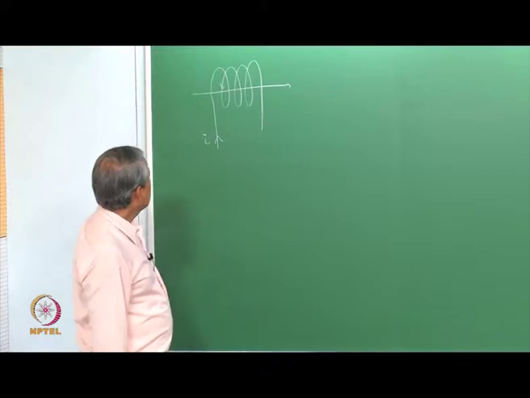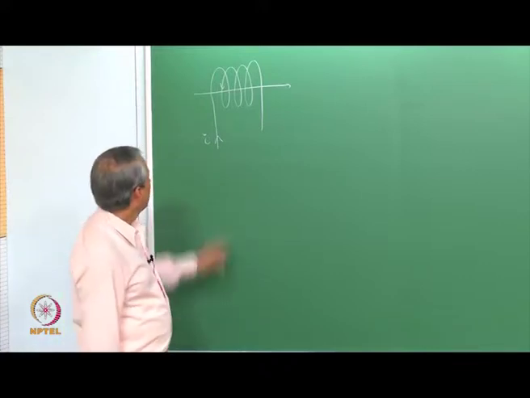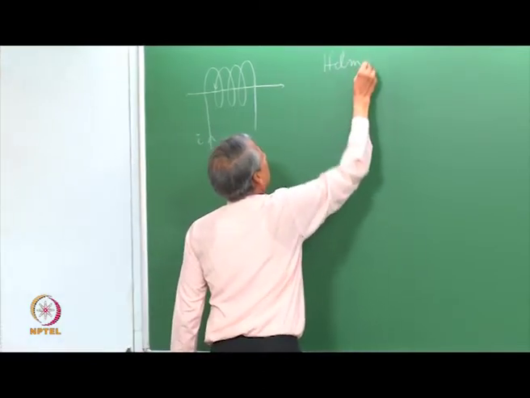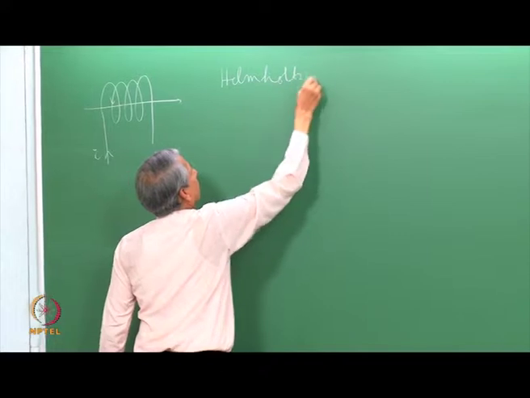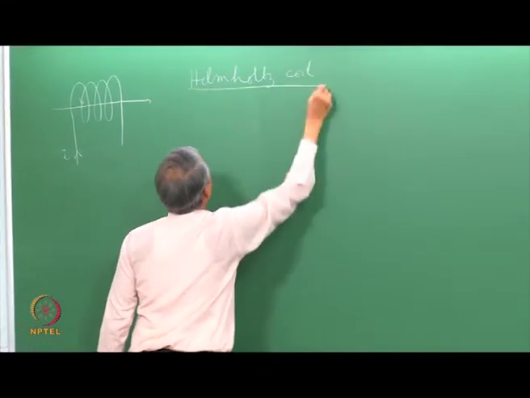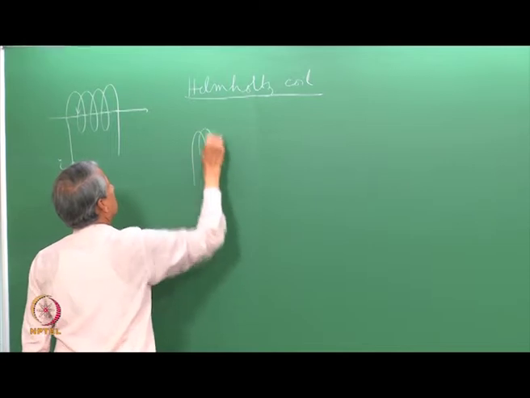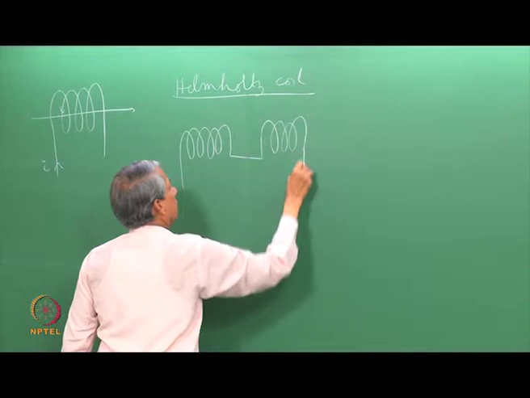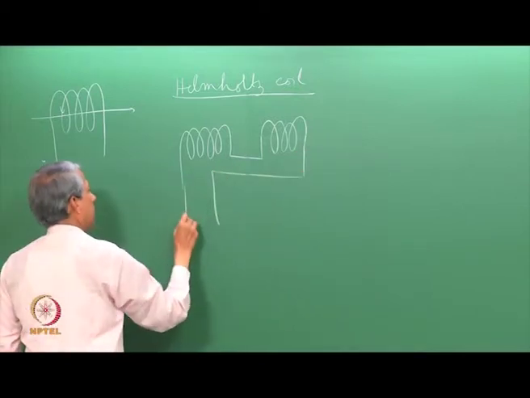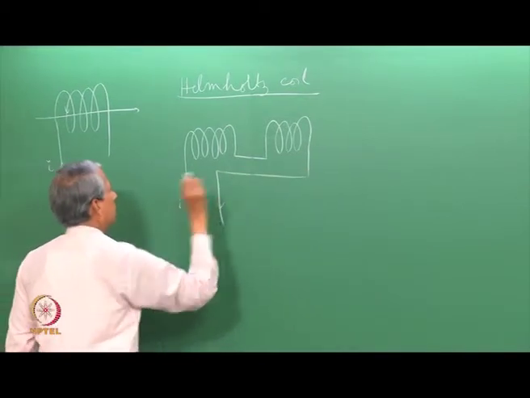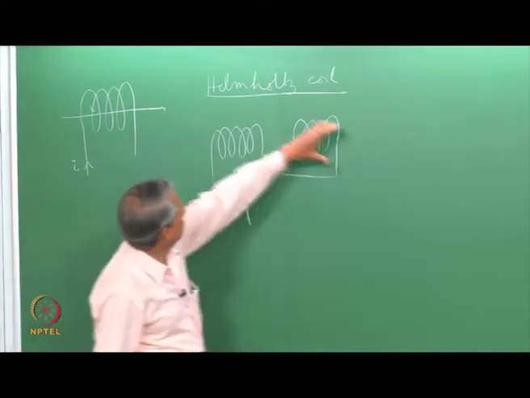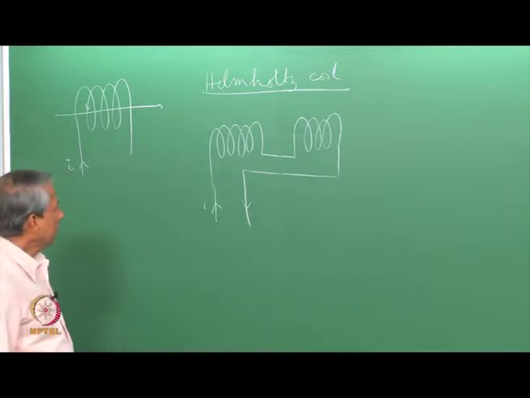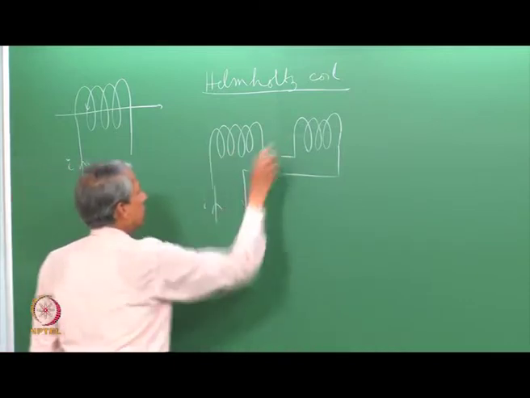Now, for an EPR experiment we use a special type of coil called a Helmholtz coil. Let us say we start from here, the coil goes here, then there is a gap, and then another part of the coil comes here. You apply current I here. So, the magnetic field will form here, and this is the place where the sample is kept. But this is not good enough because the magnetic field strength will not be very high.